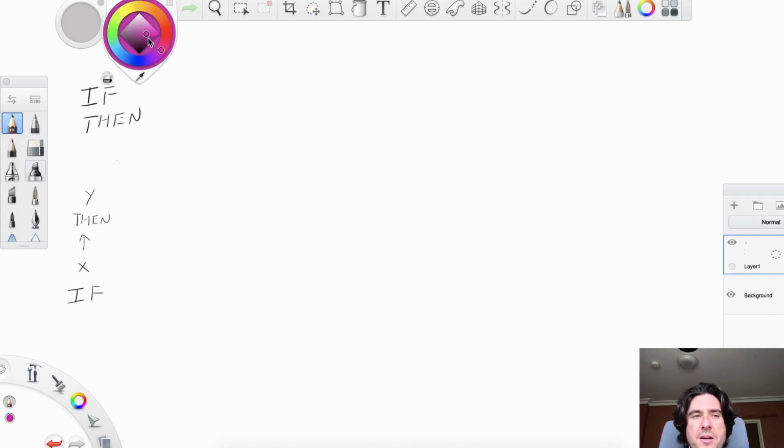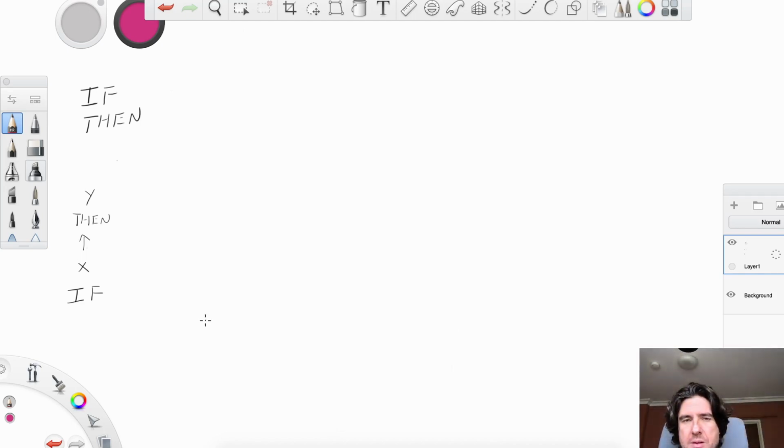Let's get to some color. Maybe something in here. That's pretty nice. All right, so let's do an example. I'll take this because I'm drinking a coffee, my coffee for the morning. So let's say if what? Let's do something where I spill the coffee in my lap. Okay, so if, and remember, we're going from the bottom to the top. So coffee spills